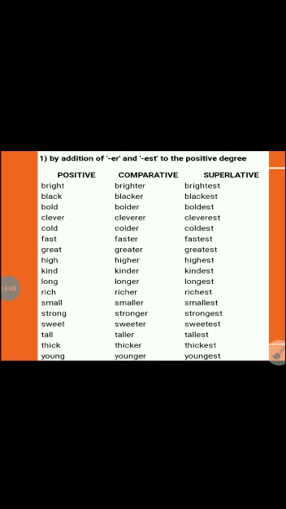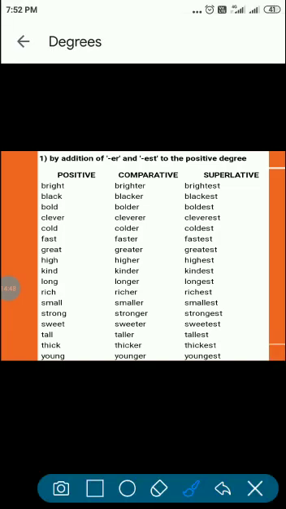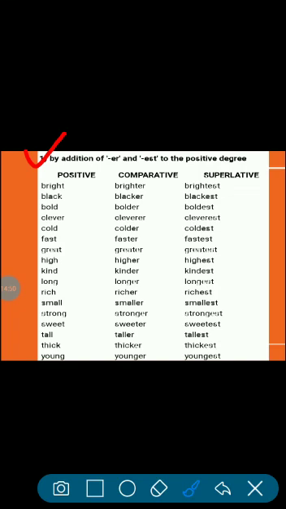So first of all, we discuss this rule. The first one is by adding ER or EST to the positive degree. All right. We add ER to make comparative degree, then we use EST to make the superlative degree